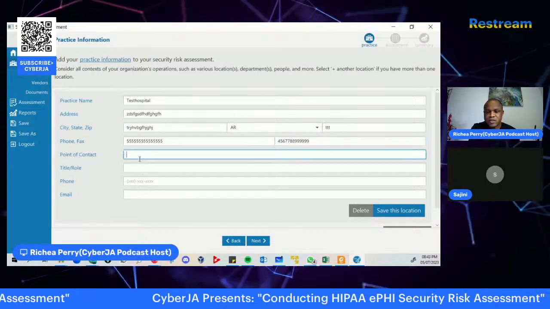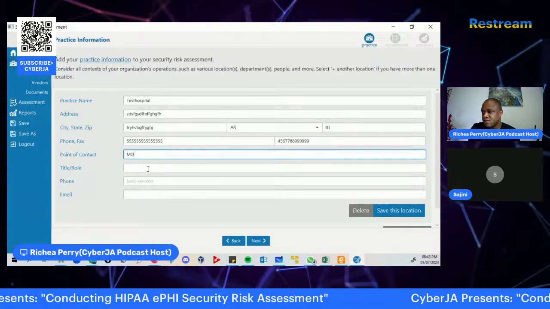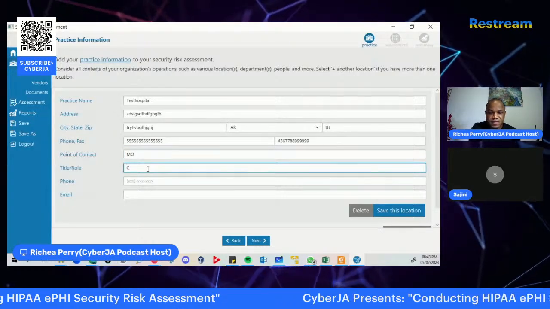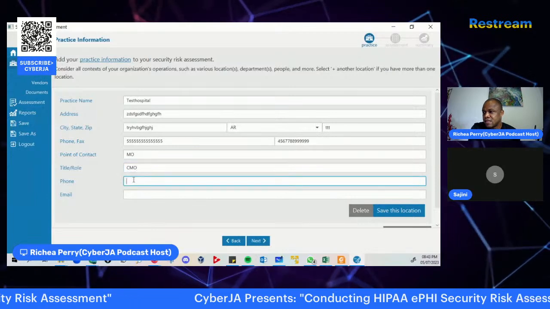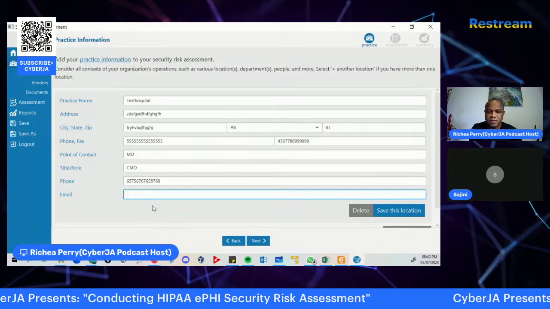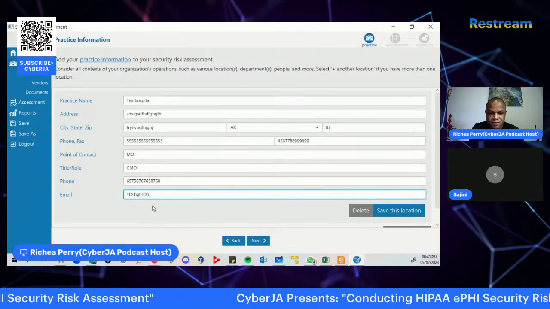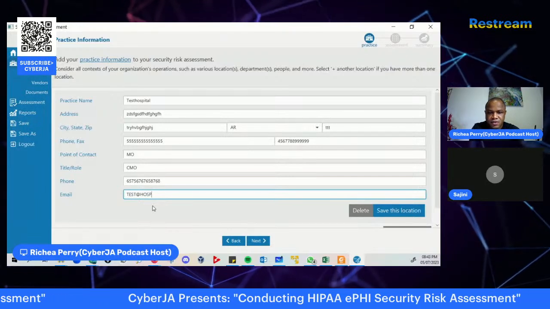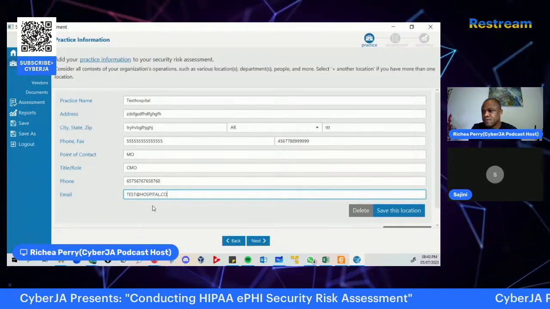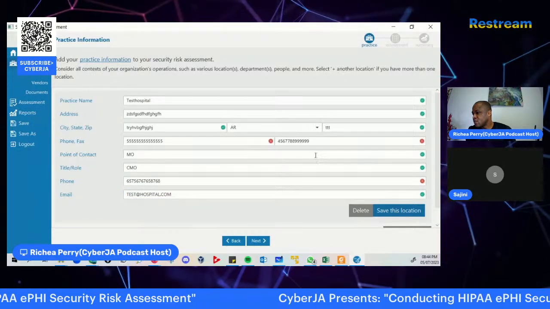All right, so there we have point of contact, chief medical officer, phone, can also make numbers up, email, test at the hospital.com. Then we can say save this location.